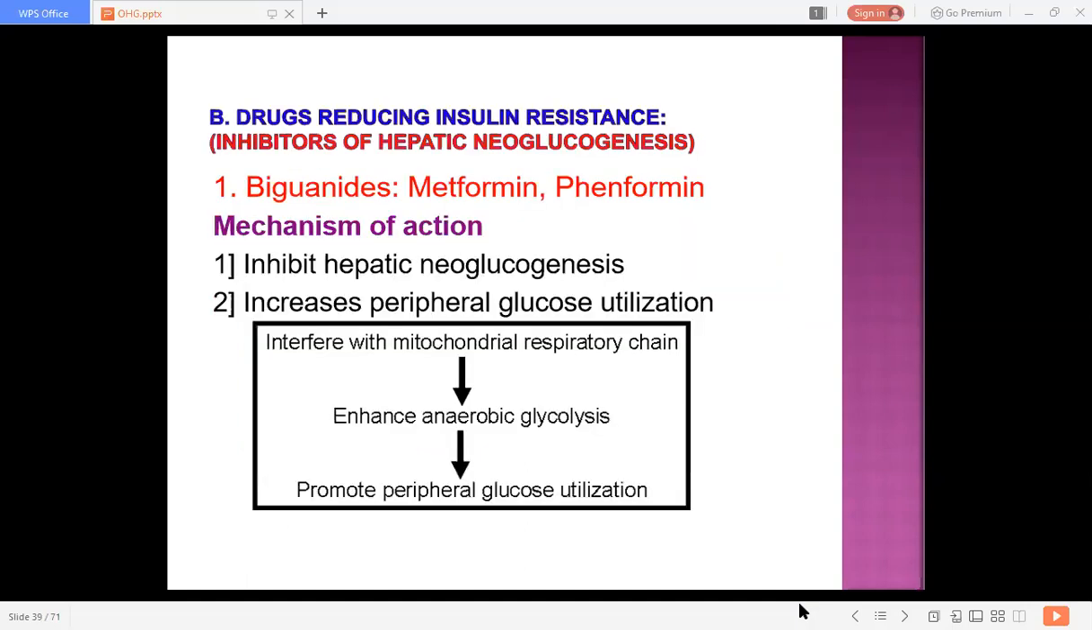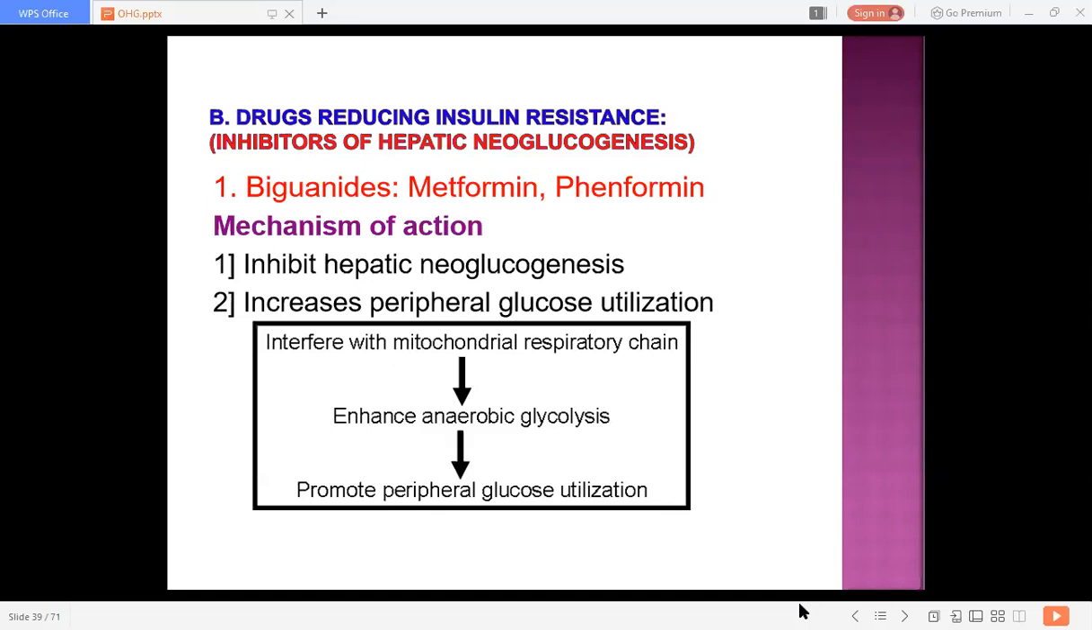So, under secretagogue drugs, we have the drugs which help in secretion of insulin: sulfonylureas, meglitinides, GLP-1 analogs, and DPP-4 inhibitors. Then coming to the drugs reducing insulin resistance, the inhibitors of hepatic gluconeogenesis. In this we have biguanides,